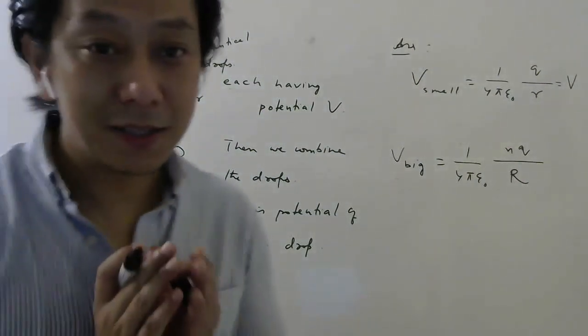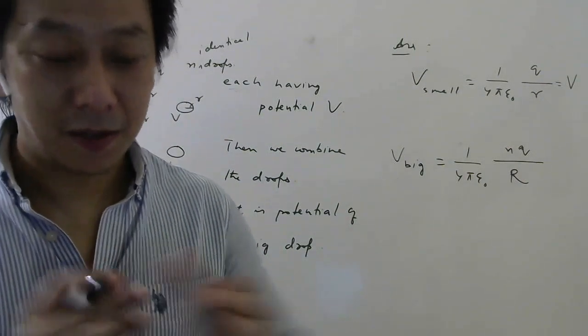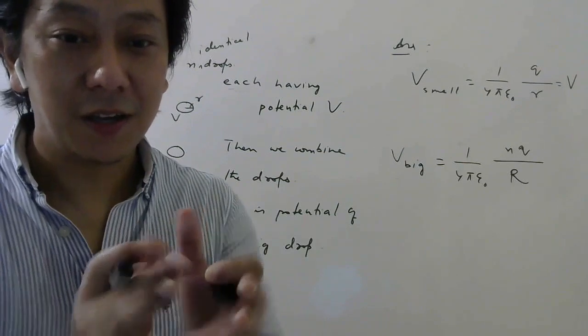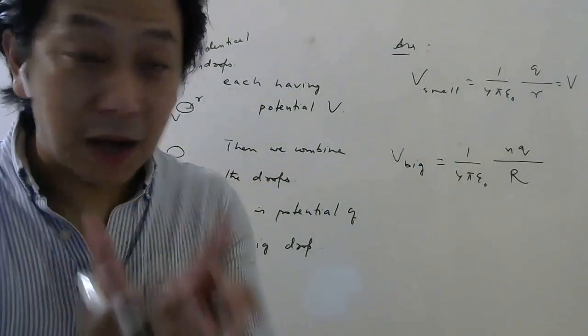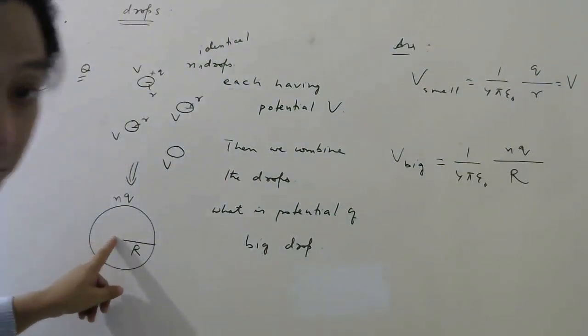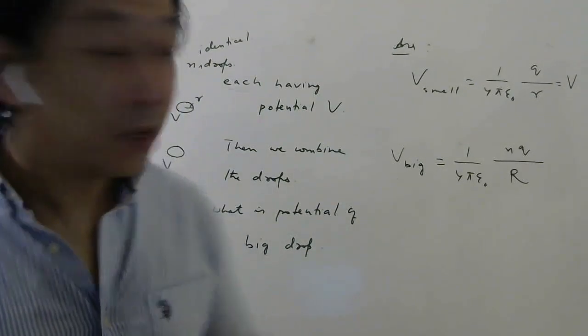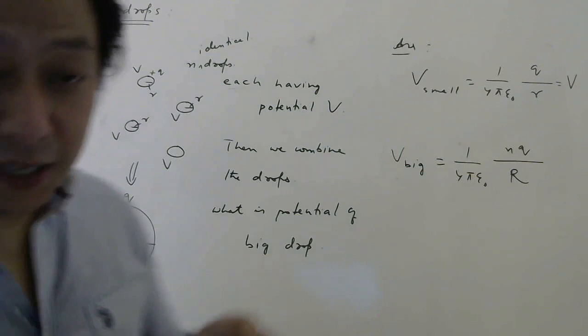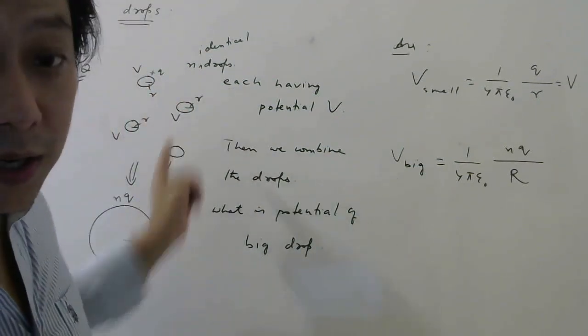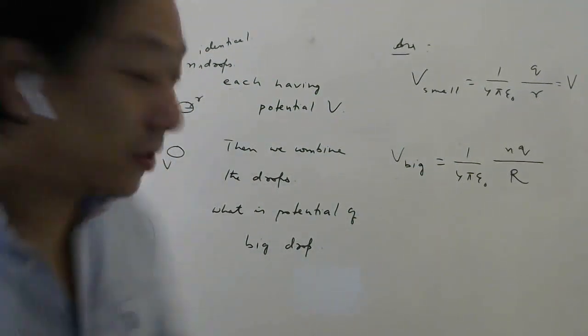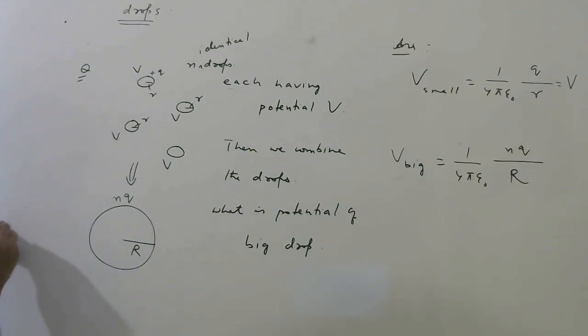Well, one thing is conserved, and that is mass. If you bring small drops together, you get a big drop, but the mass of the big drop should be the same as the total mass of the small drops. Yes or no? And since the drops are identical, if each one of them is water, this is also water, so the density will be the same. So total mass should be the same, right?